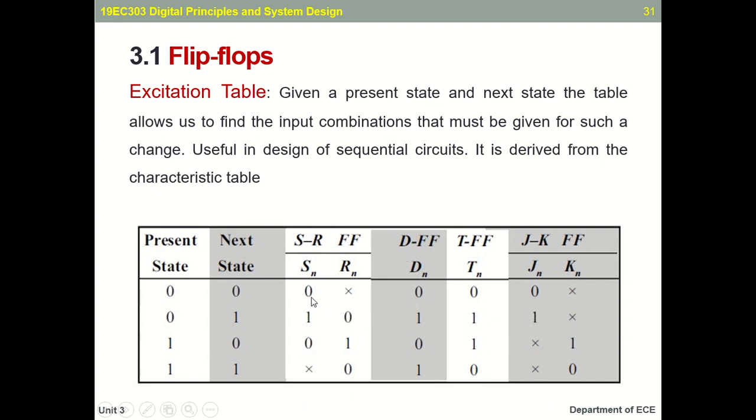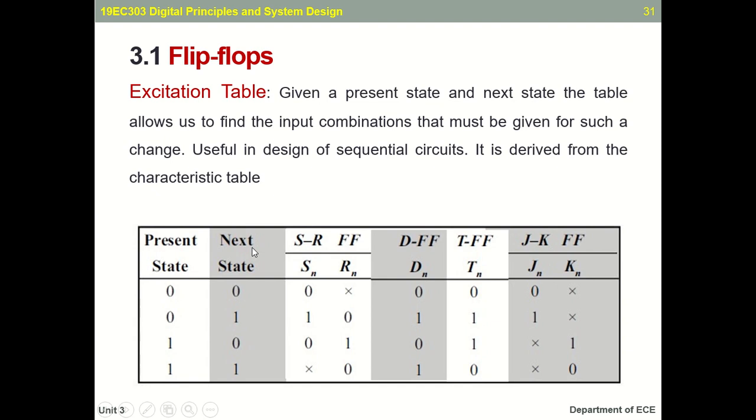Okay, for the D flip flop, for the present state Qn and Qn plus 1, your D output should be 0 1 0 1 0 1 0 1. So you can write the next state value directly to the D flip flop. But whereas for a T flip flop, the output is the NAND gate output, so 0110 is the output of the NAND gate.